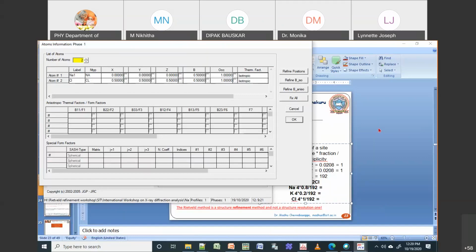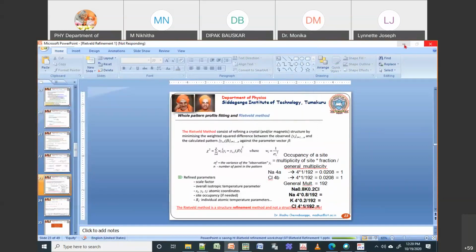So if I go back to my notepad, you can see here, this is your profile fitting. In profile fitting, you have only information about the space group and the a, b, c values. But here, when you put JBT equal to 0, that means you are trying to put in the atomic positions, so JBT becomes 0, IRF becomes 0, then you have to give the number of atoms. Number of atoms is, okay. I will again stop sharing.